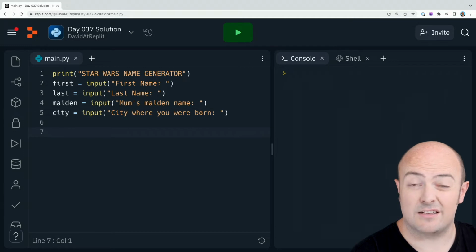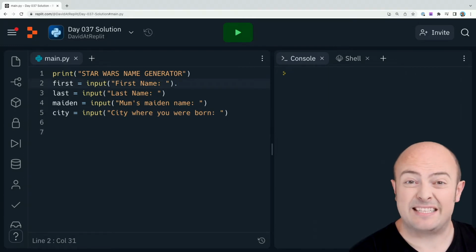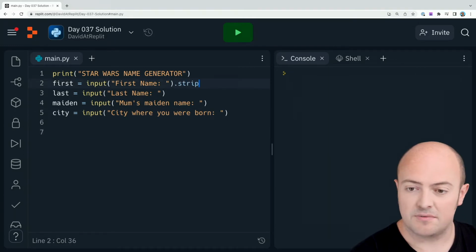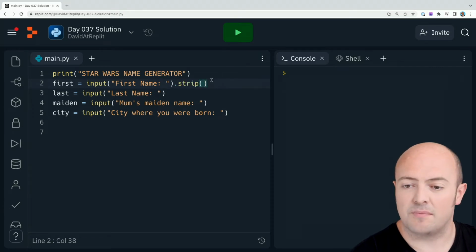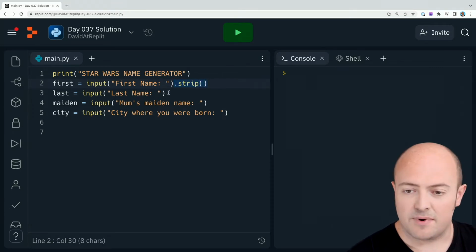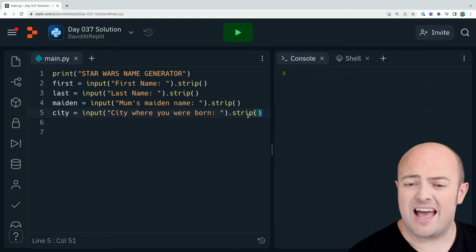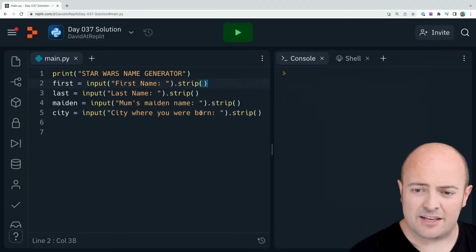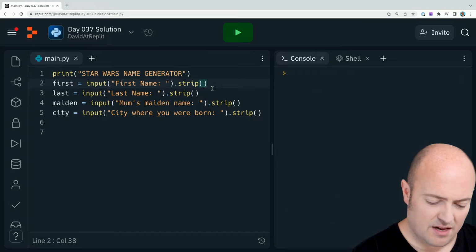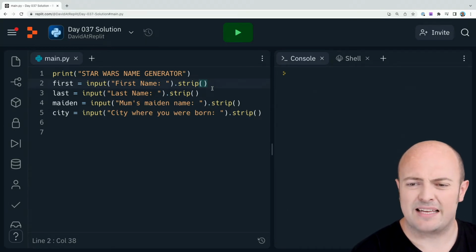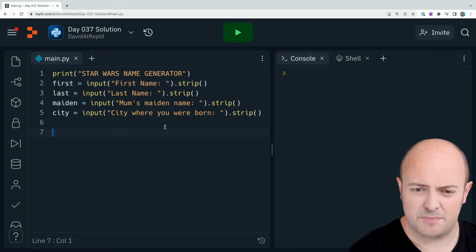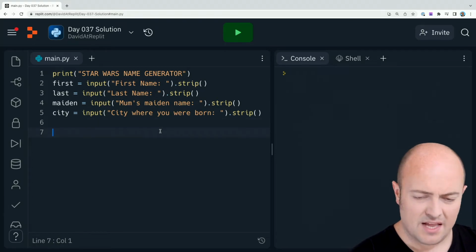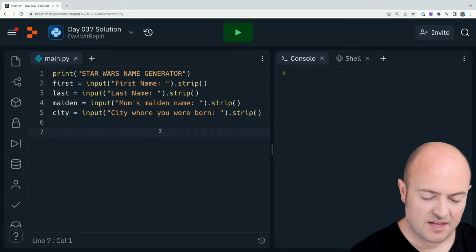Okay, now let's start tidying this up. The first thing we need to do really is make sure each of them have been stripped. So I'll add that to all of them. Get rid of all the spaces from either side from anybody typing in too many spaces. Actually, I'm not going to worry about everything being lowercase at this point. We're just going to do the strip to make sure there's no spaces. So, let's build the name up. So the name